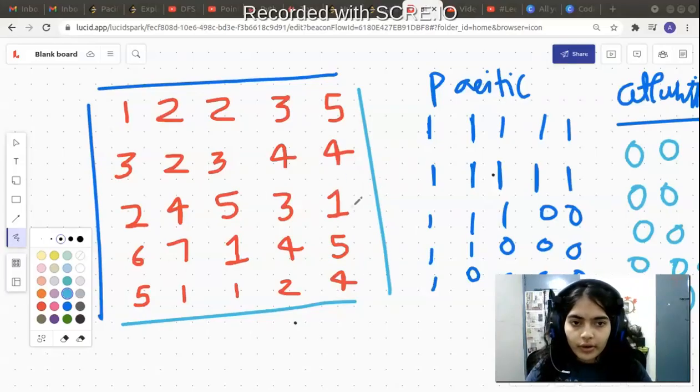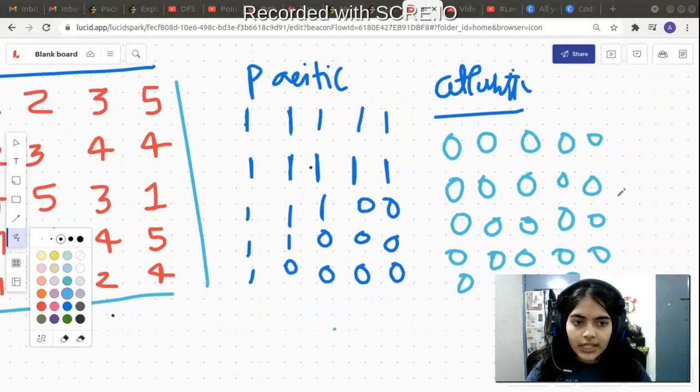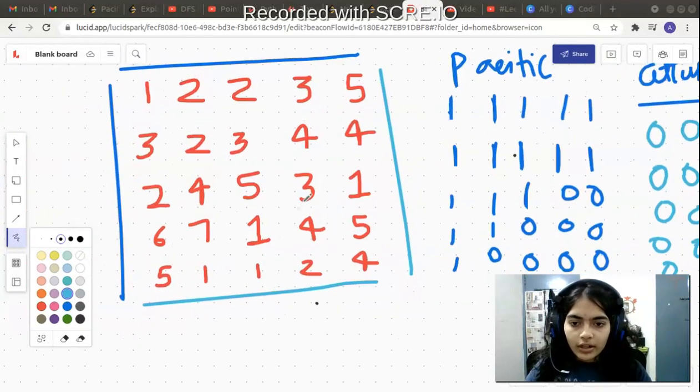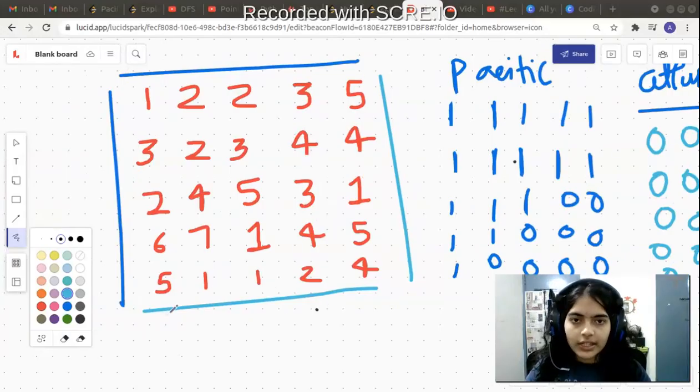We have already filled the cells for the Pacific Ocean. Let's similarly fill the cells for the Atlantic Ocean. I'm not going to write all the function calls again, but I'll suggest you try and write all the function calls like we did for the Pacific Ocean. Let's just write it now so that we move forward to code.